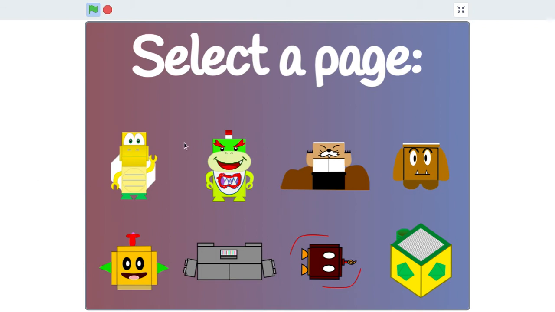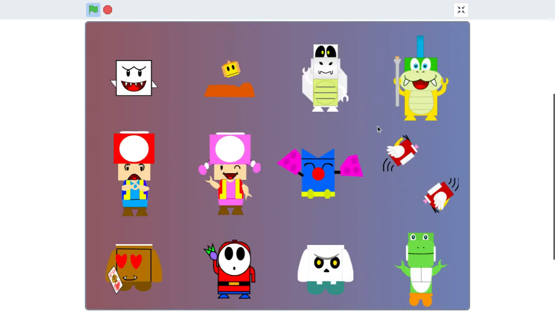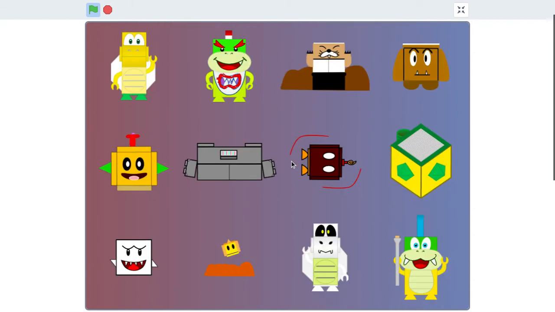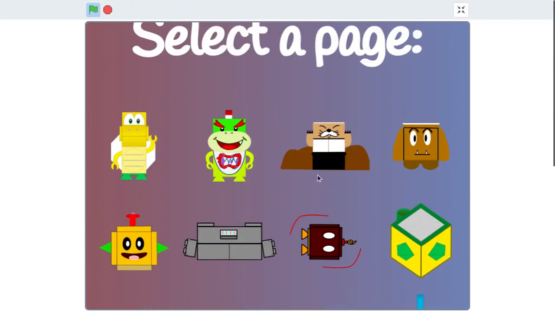Now, this is definitely not all. In fact, if you're on a computer, you can use your mouse to scroll and see the other 12 characters. Now 8 of them are on screen.